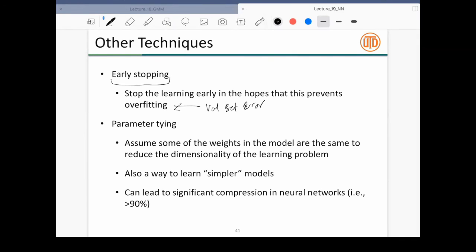Another notion is parameter tying. What we do in parameter tying is that we say certain sets of parameters are going to have the same value. One example that is not exactly parameter tying, but something like that, is convolutional neural networks, because they just apply a convolutional mask that gets multiplied every time and is moved around, right? So this significantly reduces the number of parameters. This leads to significant compression in neural networks, and we don't need to store the entire weight matrix.